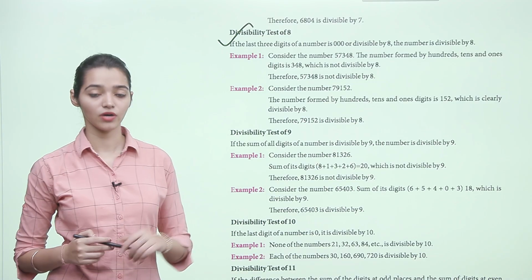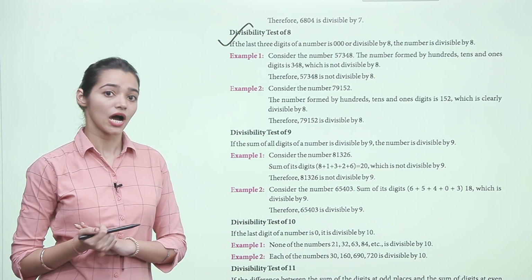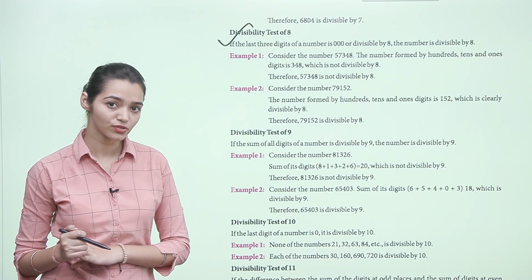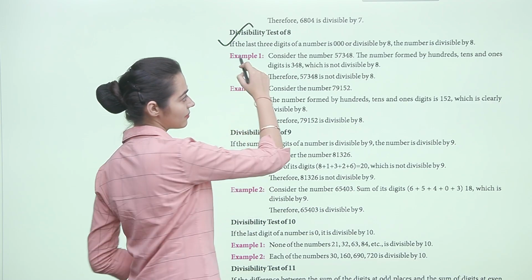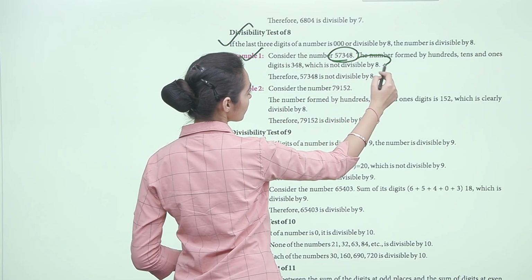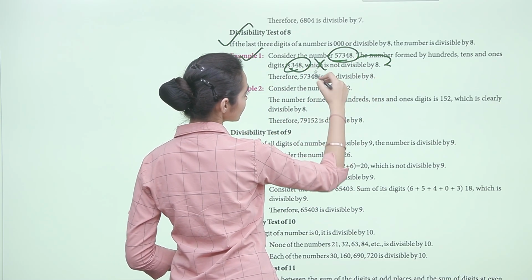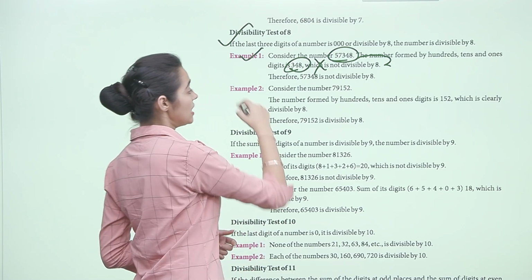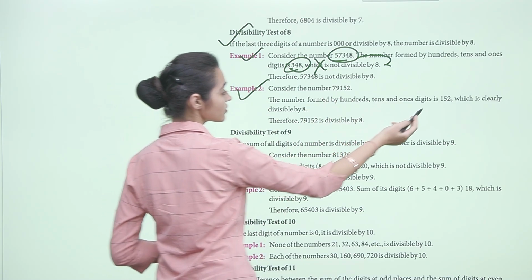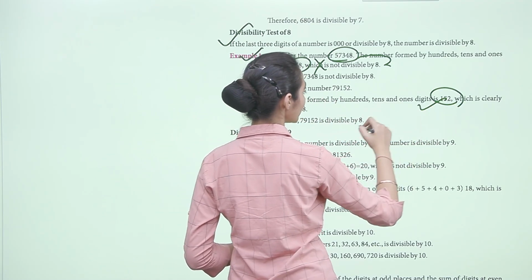Divisibility test of 8. Now if the last 3 digits of a number are either 0 or divisible by 8, then the number is also divisible by 8. For example, this is our number and the number formed by the last three digits is 348, which is not divisible, so the number is also not divisible. Now in example number 2, here the last 3 digits are 152, which is divisible by 8, so the number